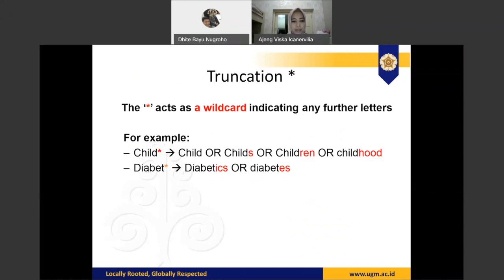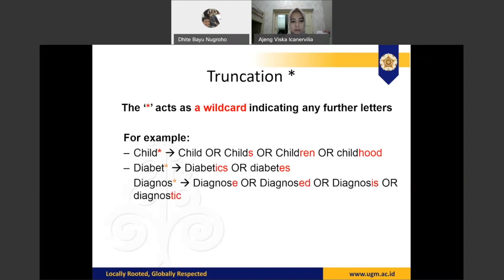Truncation is putting an asterisk in a text word, which may act as a wildcard indicating any further letters. For example, if we want to search for child, children, or childhood, we can just type child with an asterisk, and